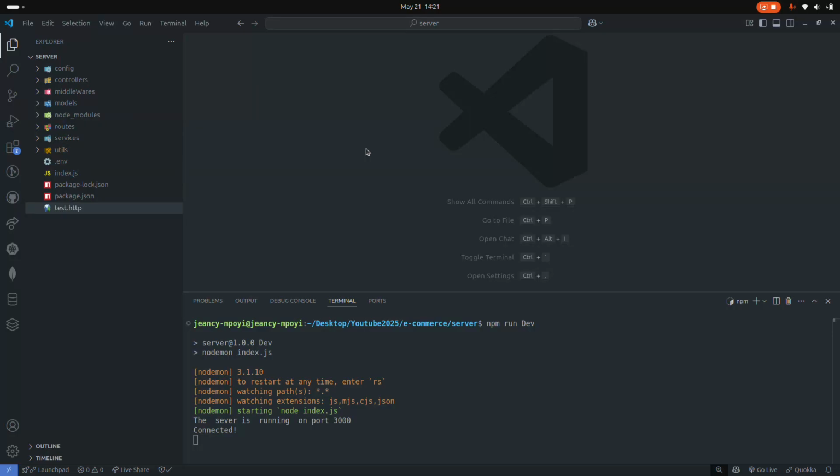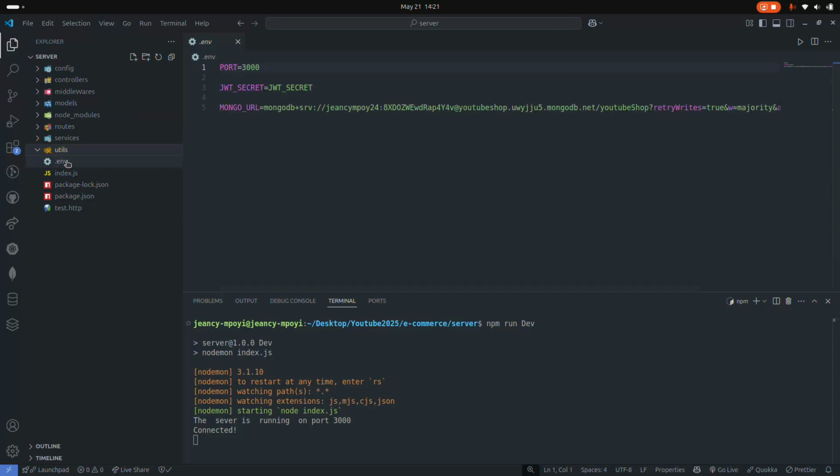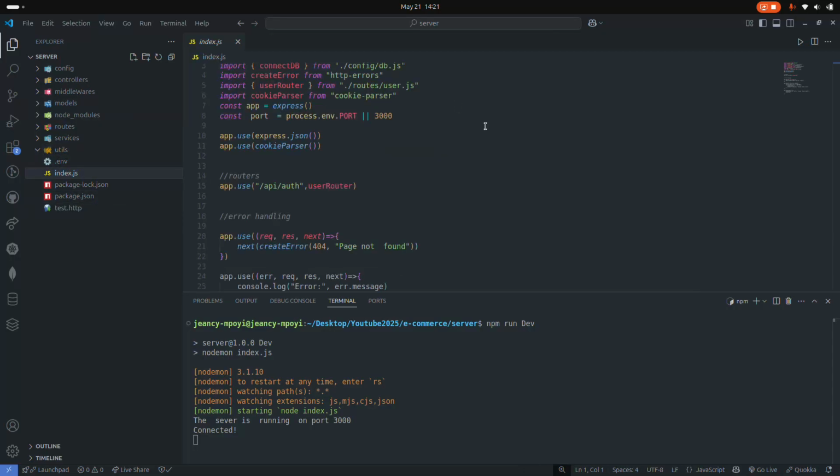Today we're going to continue with our program, how to build an e-commerce API. Last time we did a good job, because we create